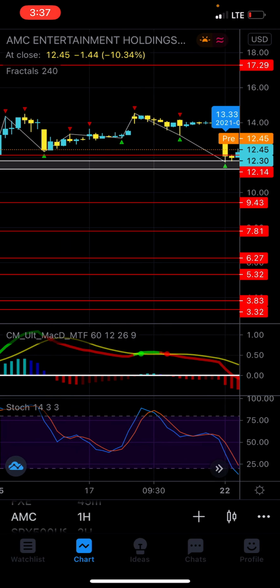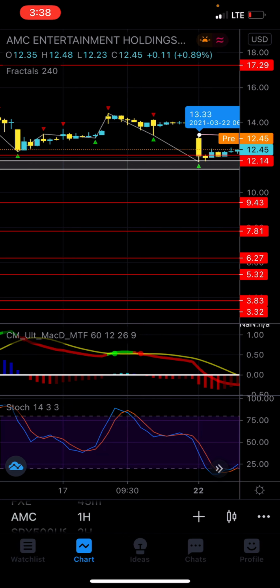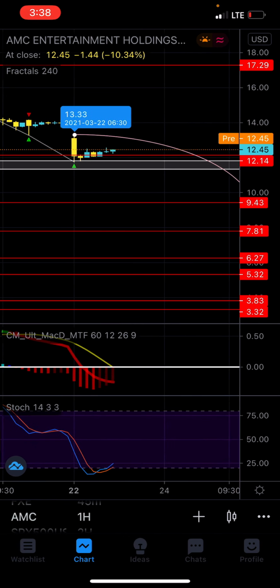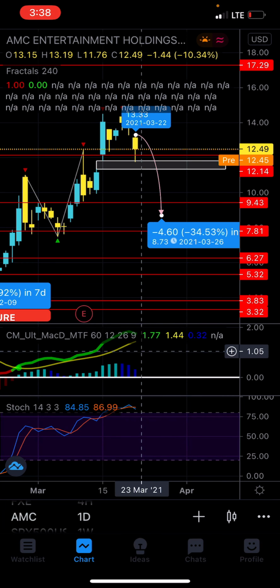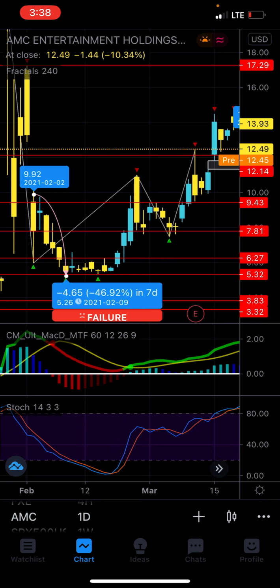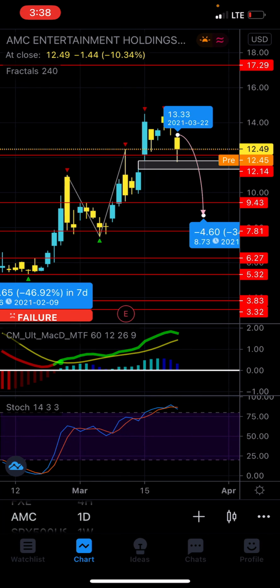I mean, we tried crossing over on the bullish side here. It just kind of traded sideways and then just dumped all the way down, and then just kept dumping. So I do think that as of right now, we are not going completely bearish, but it does look like we're going to be going bearish. And I think we're going to be creating new